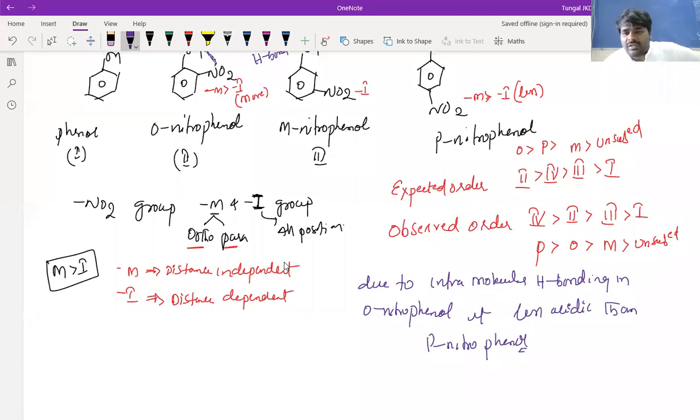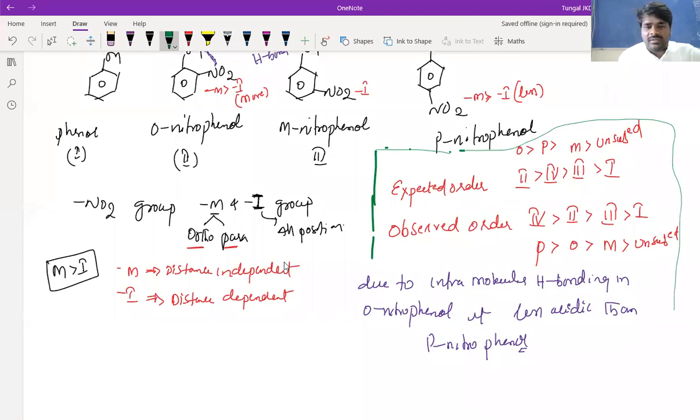So from each and every example, we can frame four objective questions. Which of the following is the decreasing order, or which of the following is the increasing order? Are you getting it? So this particular table is very, very important. Frequently you will be asked why it is less acidic and why it is more acidic, something like this. This is the reason for this. Are you getting this?